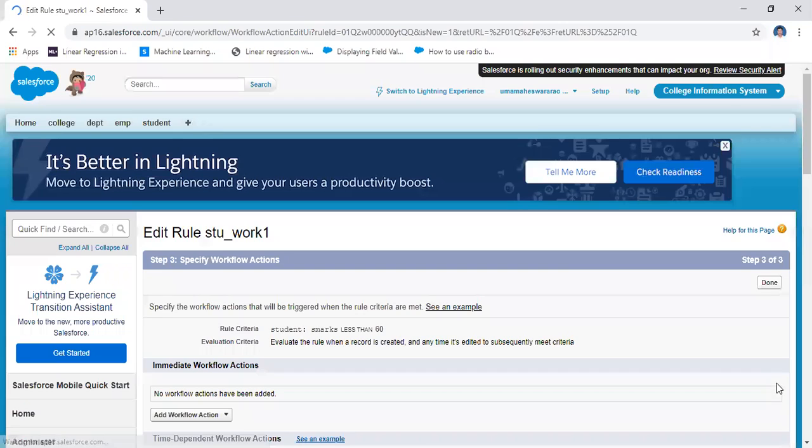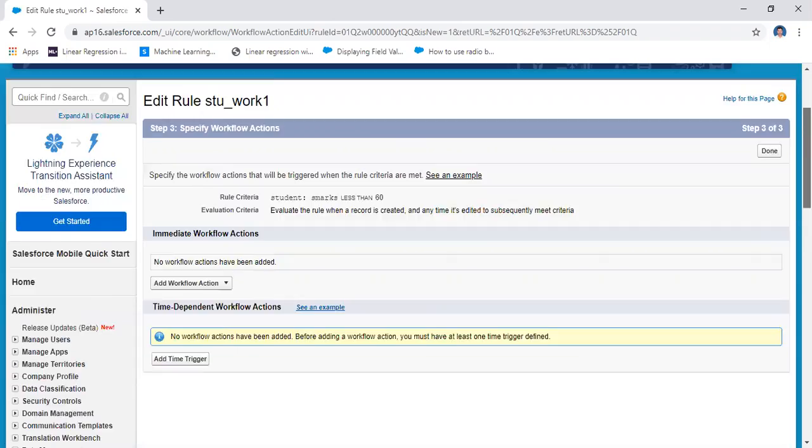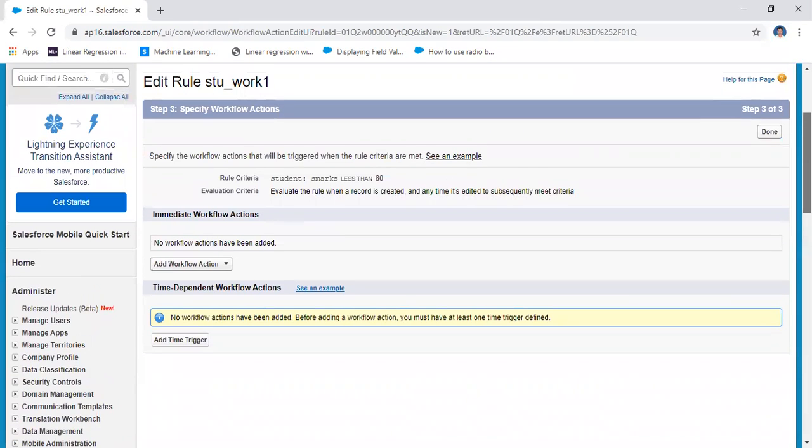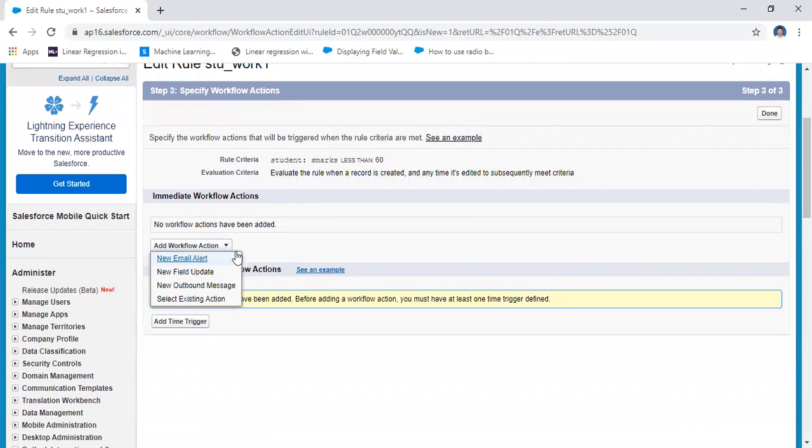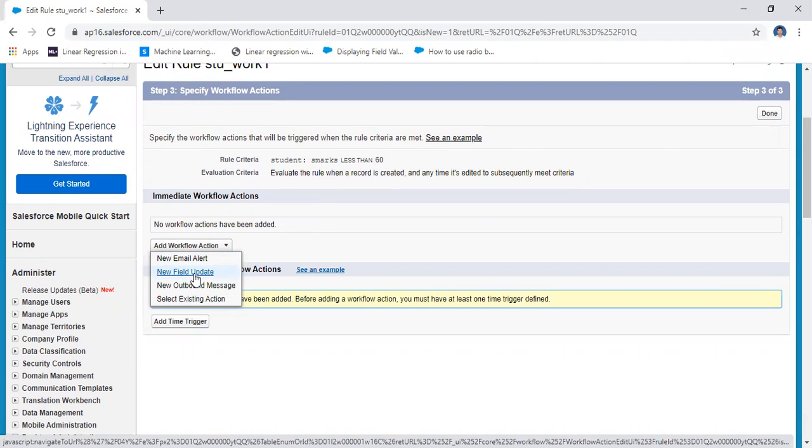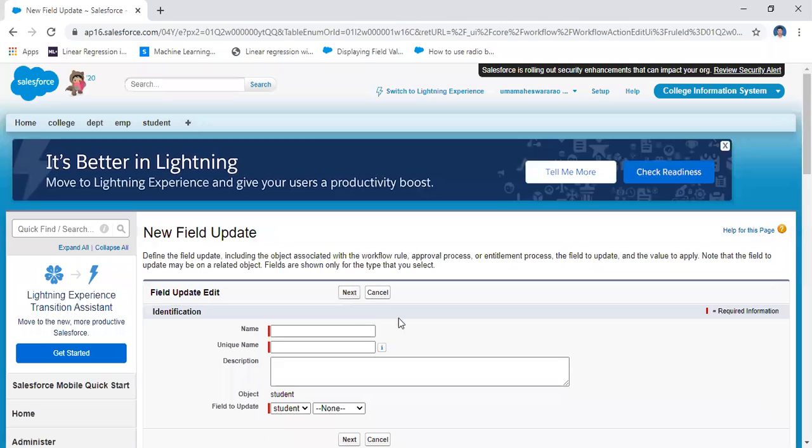Student marks less than 60, you have to fill the form fee equal to 80,000. And then the action. Which type of action are you using for the corresponding event? The action here is a field update, automatically updating the field.